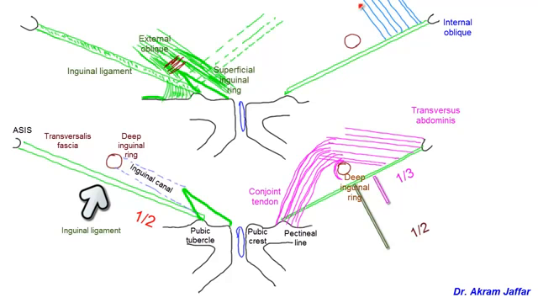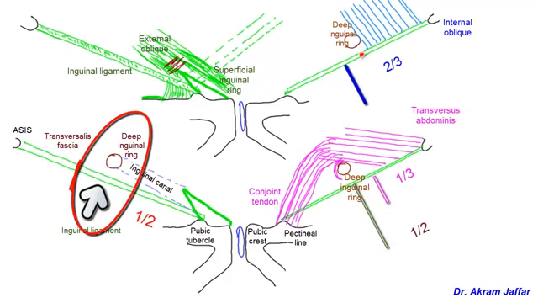They arise from the lateral 2/3 of the inguinal ligament. Now remember that the deep inguinal ring that I am approaching now is located midway between the anterior superior iliac spine and the pubic tubercle. Therefore, this muscle, which arises from the lateral 2/3 of the inguinal ligament, is located partly in front of the deep inguinal ring. Thus, this muscle contributes a sheath to the contents of the inguinal canal, while the transverse abdominis muscle, which does not lie in front of the deep inguinal ring,